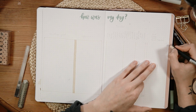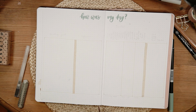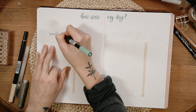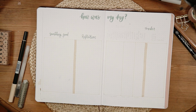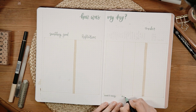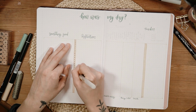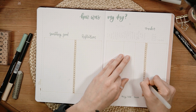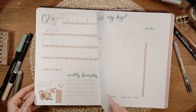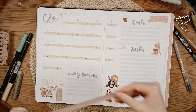And if you saw my January setup, you know that my tracker was a bit different there. And I decided to go back to what I normally do and what usually works for me. But I also added a lot more stuff to my tracker section because I want to track my health, mental and physical wise, more intensely. Because at the moment I'm figuring out a lot of stuff, and I believe that this will help me to